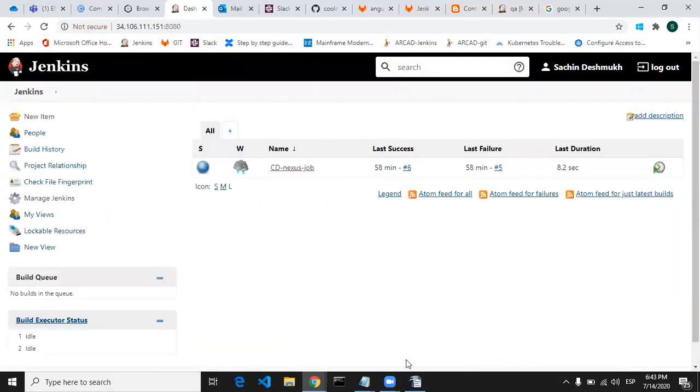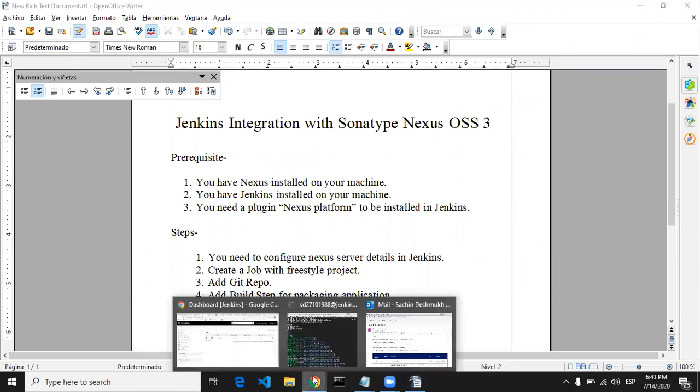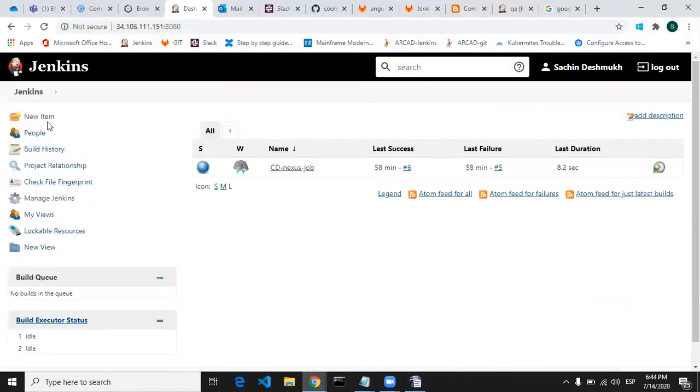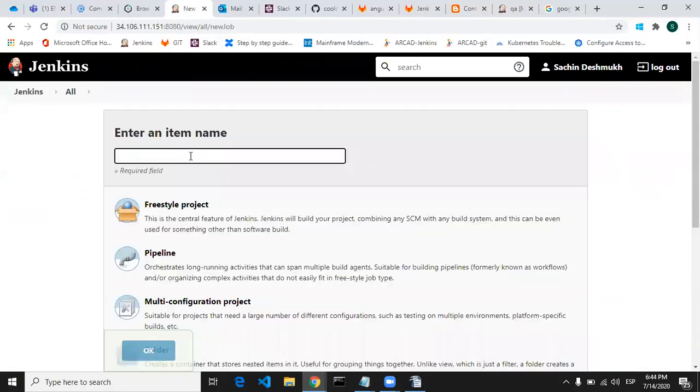Now the second step is to create a job with a Freestyle project. So let's create one job. Go to New Item, and we will name it Nexus job.